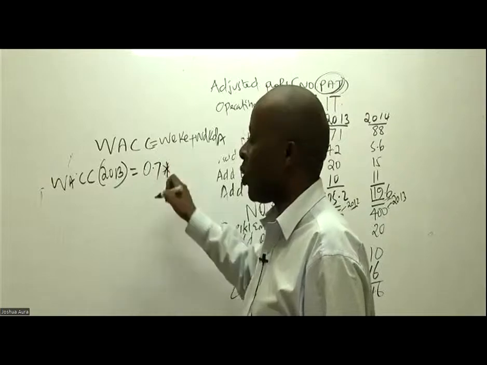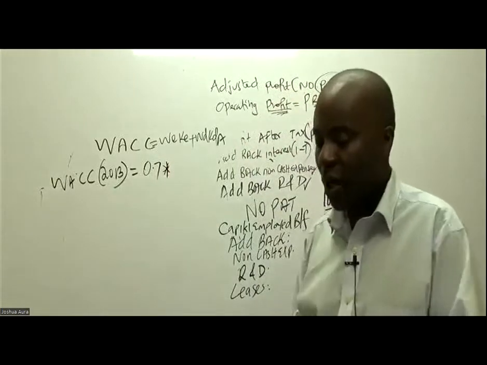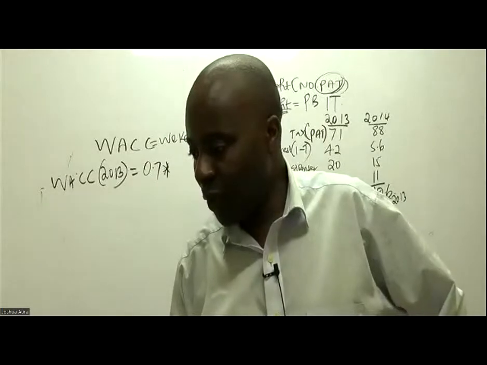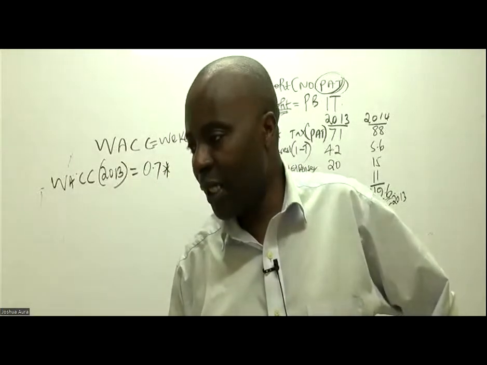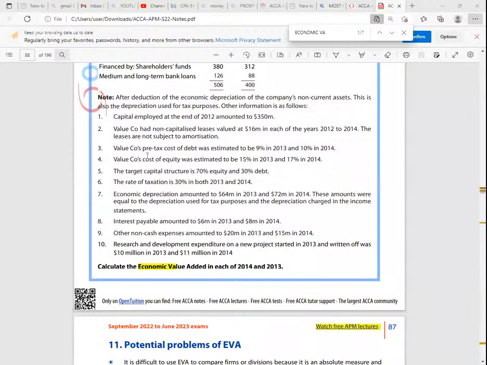So have they given me the cost of equity? Yes, cost of equity is given somewhere here. Note 3: the company's pre-tax cost of debt was estimated at 9% in 2013 and 10% in 2014. No worries, that is KD. And then note 4: the company's cost of equity in 2013 was 15%. So 15% in 2013 plus weight of debt, you've just told me it is 0.3 times cost of debt in